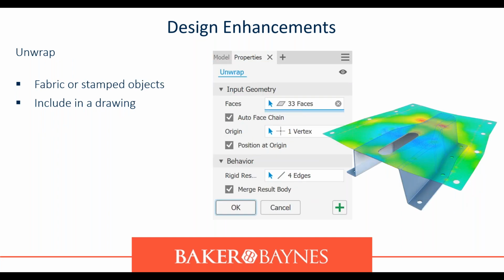The new unwrap command can flatten faces that cannot be calculated with the unfold or sheet metal flat pattern commands. For example, to determine a fabric pattern for flattening stamped objects. Unwrap does not use bend calculations to flatten the selected faces. A heat map is displayed during the Unwrap process so that you can see areas of highest to